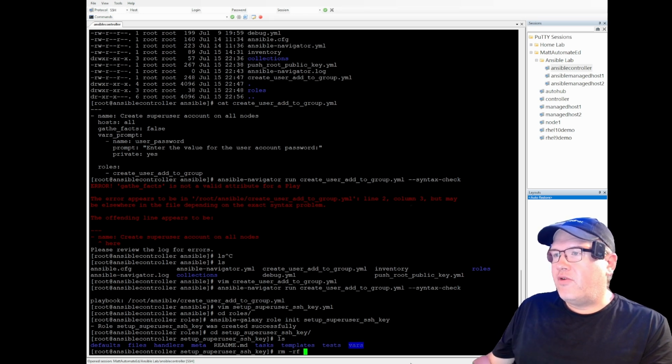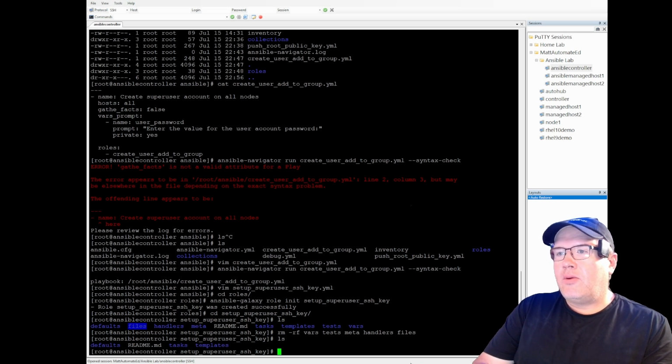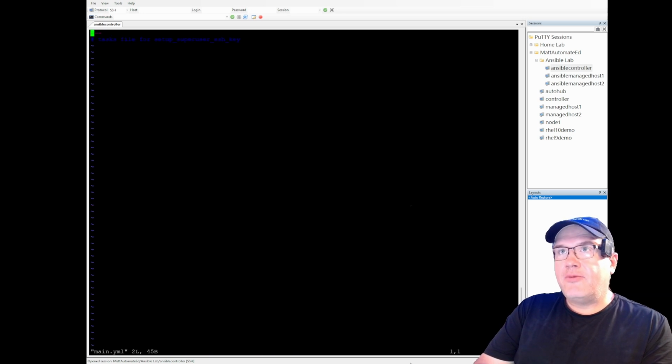We're not going to need vars, tests, meta, handlers, and files. Notice I kept templates in there. Okay. All right, let's go to tasks. We're going to edit our main.yaml. Pick out line number 2